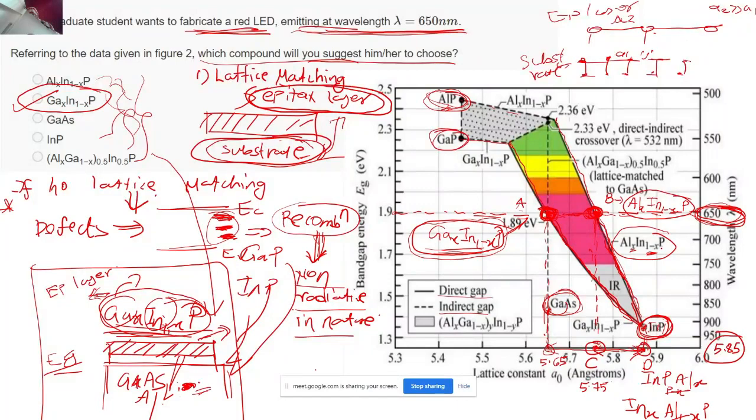If you look from this path, this is what I am targeting, right? Aluminum indium phosphide. Now the point that I told you earlier, to fabricate the aluminum indium phosphide, you cannot use the gallium arsenide substrate. There is no gallium and there is no arsenide present in this aluminum indium phosphide. How can you grow aluminum indium phosphide on top of the gallium arsenide, right? It's not possible. So now only option left was the indium phosphide, but the indium phosphide's lattice constant is around 5.85. So I have two lattice points, 5.85, 5.75. So they were a little bit far apart, right?